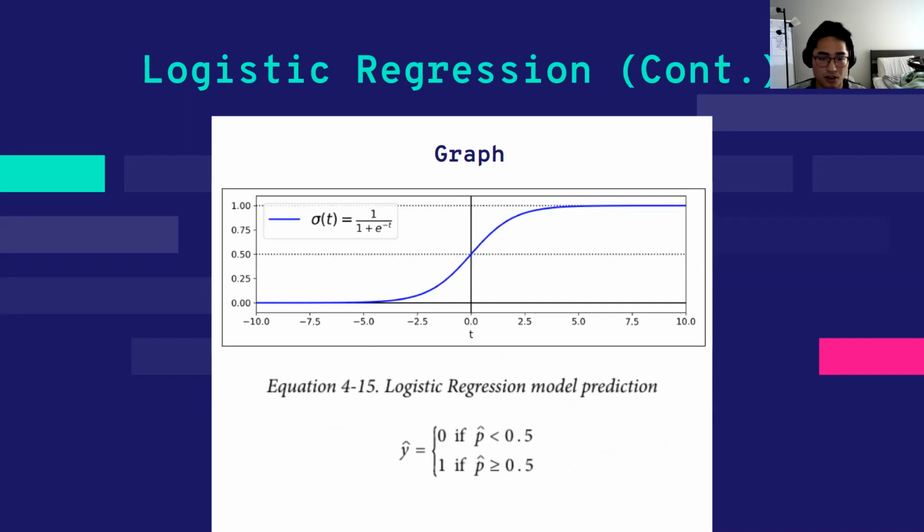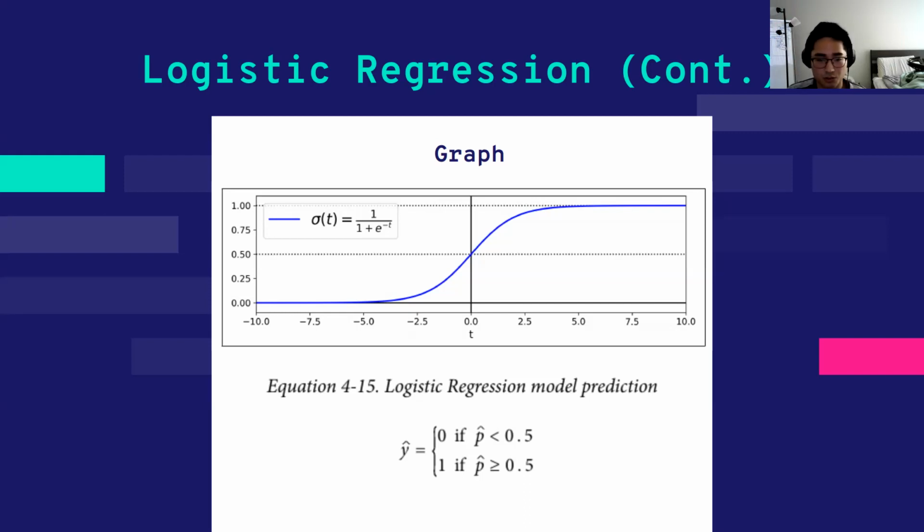So here's a graph, and I know some of you are visual learners. When your model outputs an estimated probability, let's say your input value ranges from -10 to 10, and you want to know where your input data lies on this graph. Your output will be between 0 and 1, which will be the probability that your data is, for example, a dog or a cat.